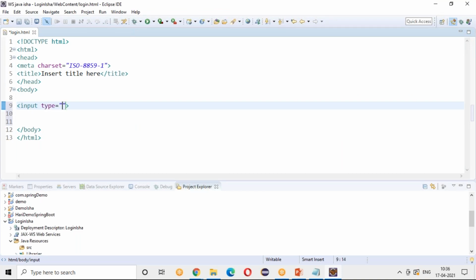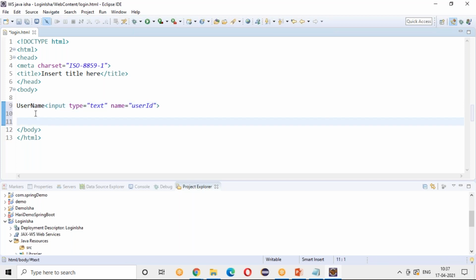I'm giving a name something like userID, which is like an ID where the backend can read it. Username can be seen on the screen.